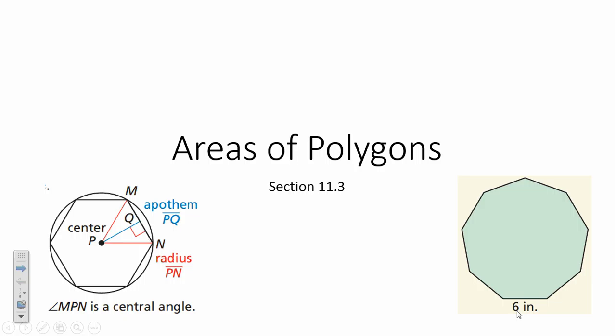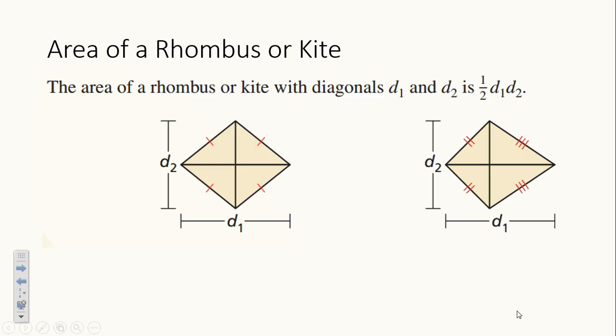So yesterday we talked about areas of regular polygons. We're going to continue talking about those today, but we also want to talk about areas of rhombuses and kites. So very easy formula for you, but again, because we're dealing with so many formulas this chapter, I want you to write the formula down, then plug the numbers in, then tell me what you got when you plugged it